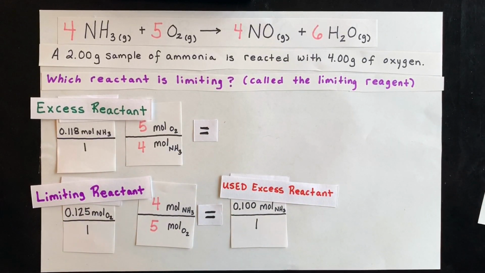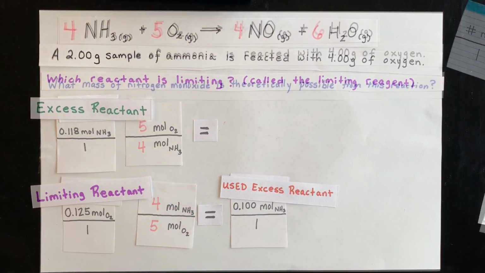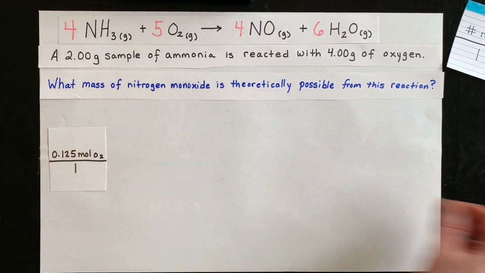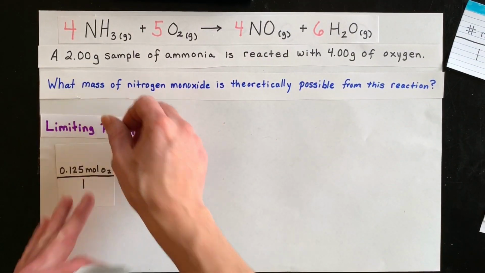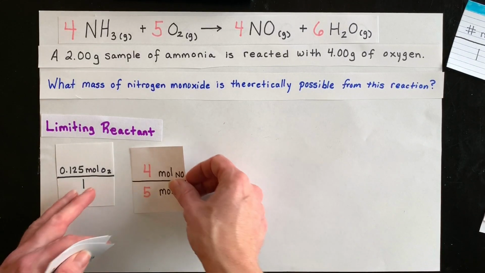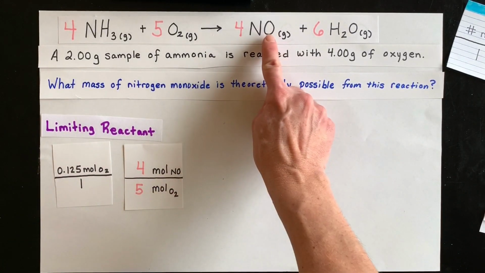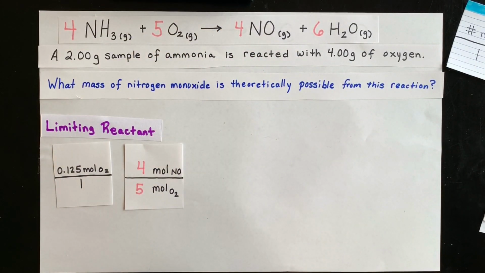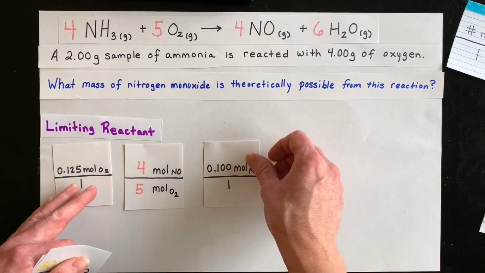On to the next part of the problem, which is calculating the mass of the product nitrogen monoxide that we can make. I just picked that one. You're going to want to start again with your limiting moles, which was the 0.125. We're going to then convert to moles of the product, so 5 moles of oxygen for every 4 moles of nitrogen monoxide. And then that would equal 0.100